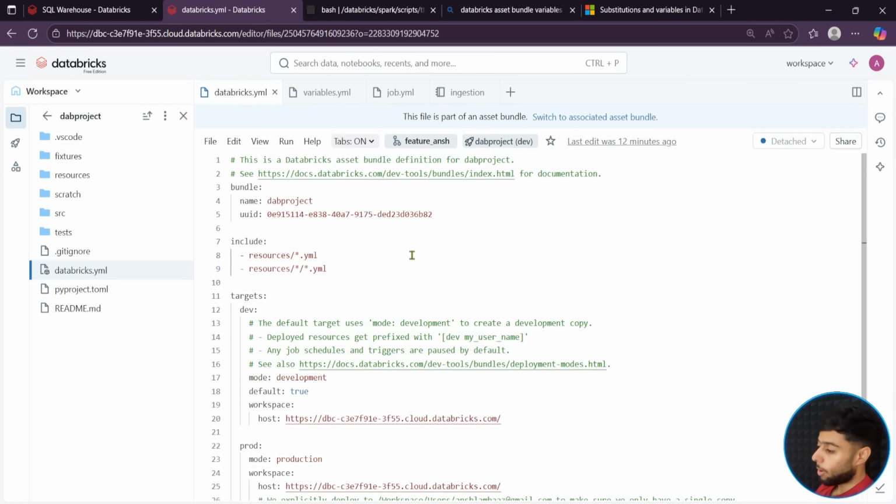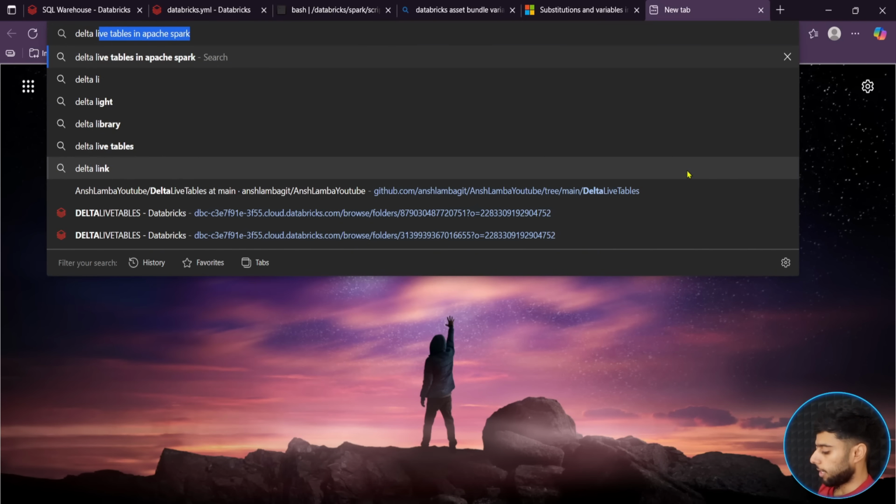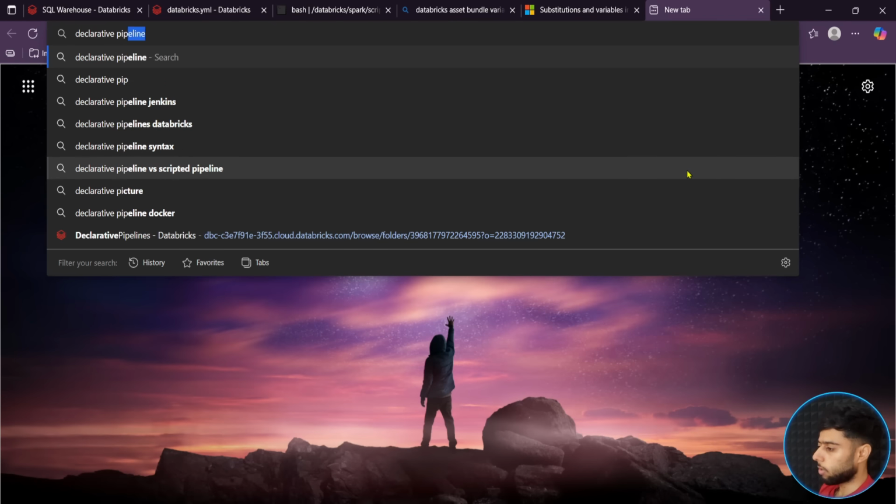Now, if you do not know about Delta Live Tables, do not need to worry, because we are not covering Delta Live Tables in much detail. We just want to include Delta Live Tables in our bundle. And for that purpose, we will create a very basic, very small, entry level DLT pipeline. That's it. If you want to learn all the things about Delta Live Tables, you can simply go on the browser and search Delta Live Tables, or you can write declarative pipelines, which is the newer name,